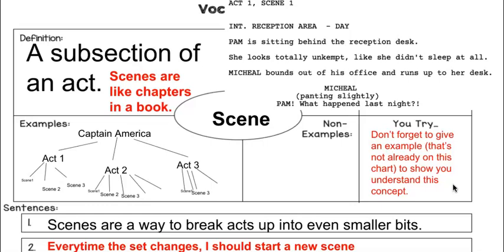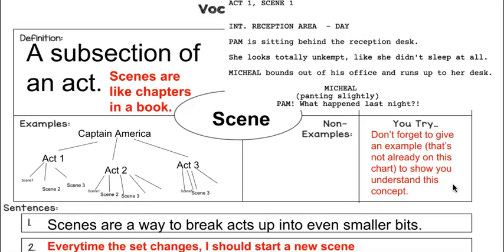That you'll see that I put it in red because it's so important. So look on yours or look on mine. But every time you have a set change in a script, that's when you start a new scene. Because if your script that you're writing right now actually did get turned into something real, there's all those behind-the-scenes people who would be making your story come to life. So when they have to build a new set, right? Like if our script was happening at Albion, Mrs. Coach's classroom versus Mrs. Holyoke's classroom, those are 2 different sets. They look a little bit different, right? So if there was a set change, I would have to start a new scene.